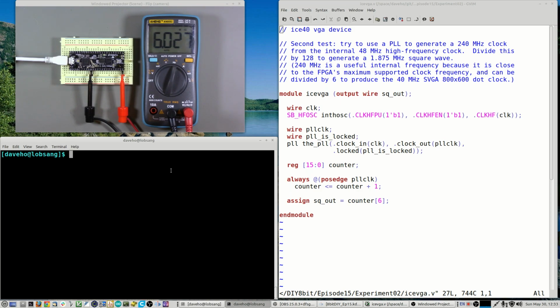So the reason that we want to do this is that the VGA mode that I would like to use, which is 800 by 600 SVGA, requires a 40 megahertz clock as essentially the fundamental timing signal that determines the correct timings of all of the other signals that will be sent to the monitor, such as the horizontal sync, the vertical sync, and the actual color signals. So 240 megahertz is a useful frequency for this mode because we can divide it by 6 to get precisely